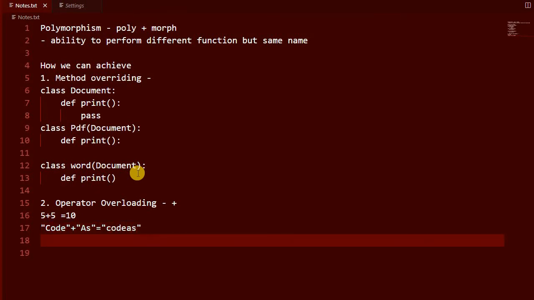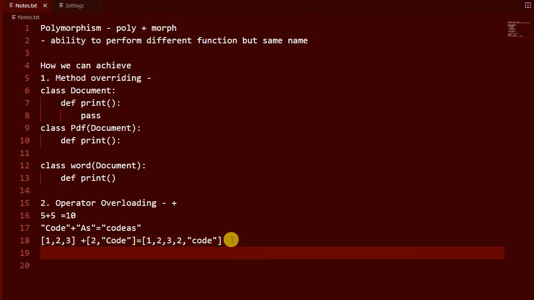Or if you have lists like 1, 2, 3 and you put plus and add a second list, it will concatenate both lists and create one list. So here the plus operator does different things according to the parameters passed. That is known as operator overloading. By doing this also we achieve polymorphism, because plus has the same name but different functionality.